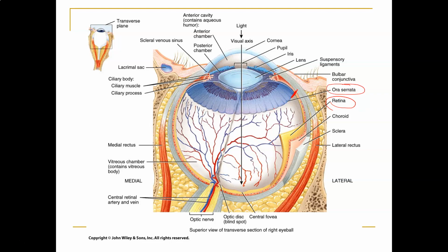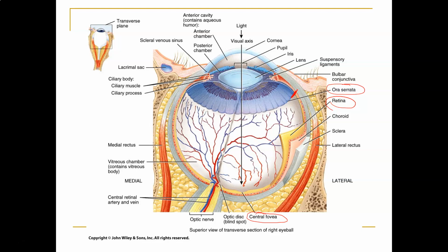That's where the retina begins and goes posteriorly. Also in this picture, if you can find it, here's the fovea, the central fovea. Macroscopically, it doesn't look like much. This is something you would need to look under a microscope to see. That's where it's located. So that's where you need to change the shape of your lens so you can focus the light there. If you can't, then things look blurry and you're going to have a hard time, especially reading